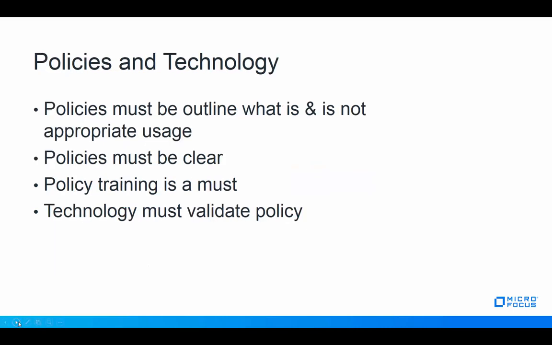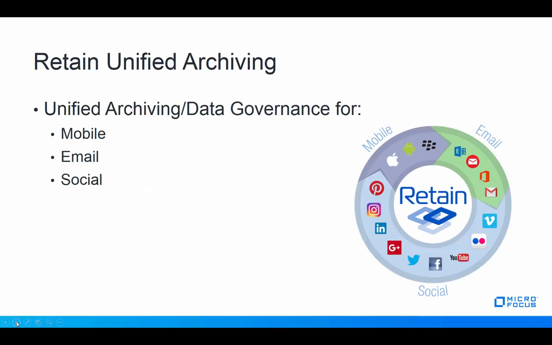So Retain is unique in the sense that we call it Retain Unified Archiving, and the reason why we call it that is that Retain archives multiple systems. So it archives mobile communication. Since we were talking about mobile, I'll hit on that: it archives mobile communication for BlackBerry and Android, and that can be done natively, directly from the device. And then for iOS and Android, it can archive dual persona. We've partnered with CellTrust to provide a dual persona app so that you can communicate via business, and Retain archives it. And then for email, it supports Exchange, Office 365,